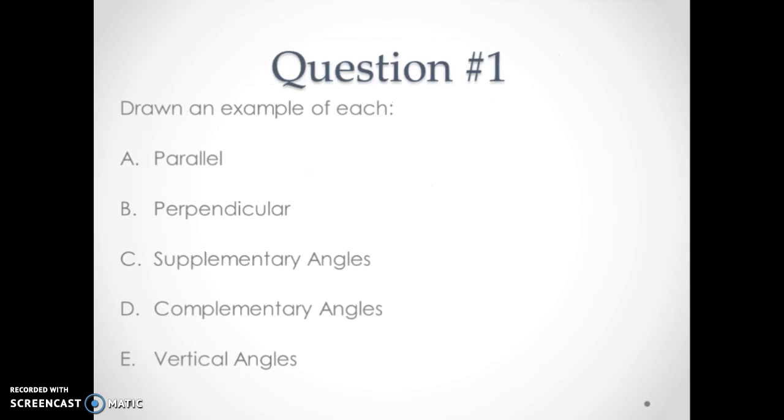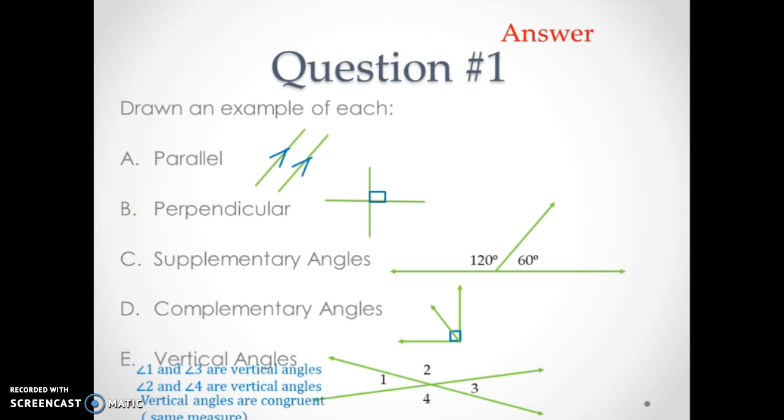So question 1, draw an example of each of the following. For parallel lines, it's really important that you show the arrows on the lines to indicate that they are parallel, so that you know that they were always the same distance apart. Perpendicular, it's important that you draw the square at the intersection of the two lines to show that they form